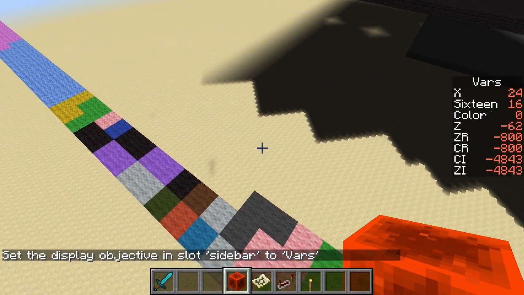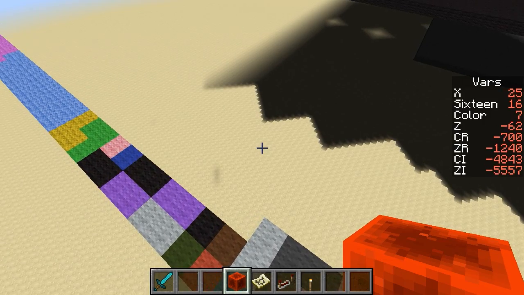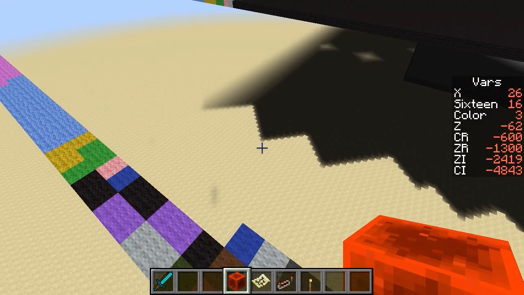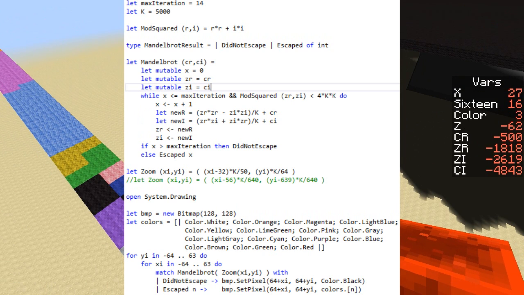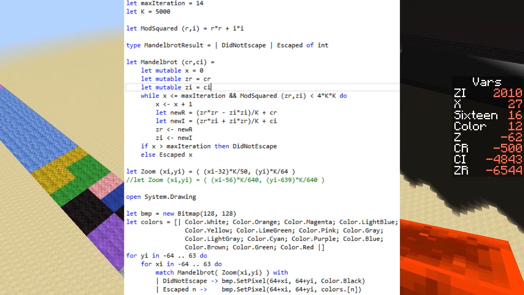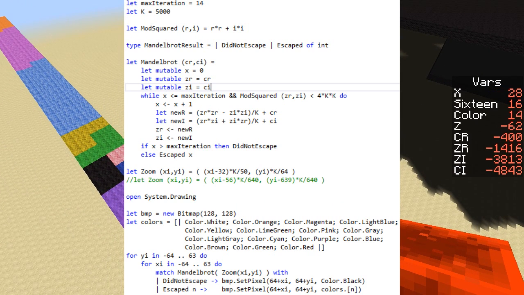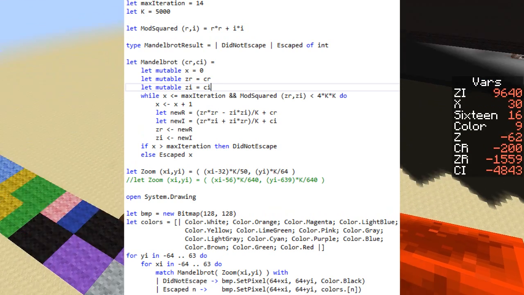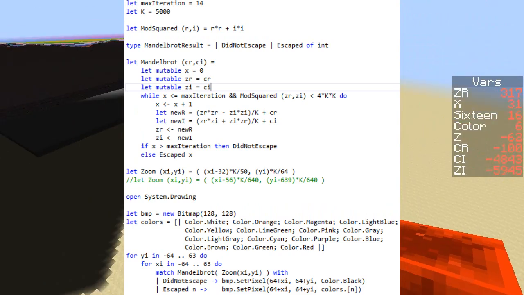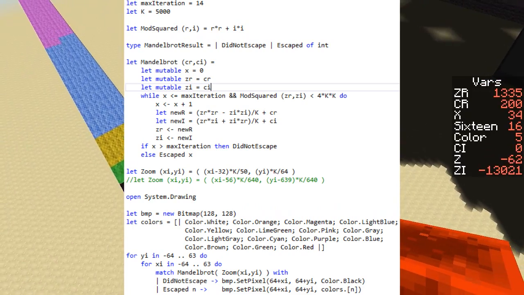So now I think I'll probably put an overlay of a screenshot of some source code that I wrote on the screen. In order to build this in Minecraft, the first thing I did is I tried to build this in a real programming language. And the language that I like to use is F#. In, I don't know, 35 lines of code here, you can see something that computes the Mandelbrot set, does the same computation that we're doing here, computing a 128 by 128 grid of colors